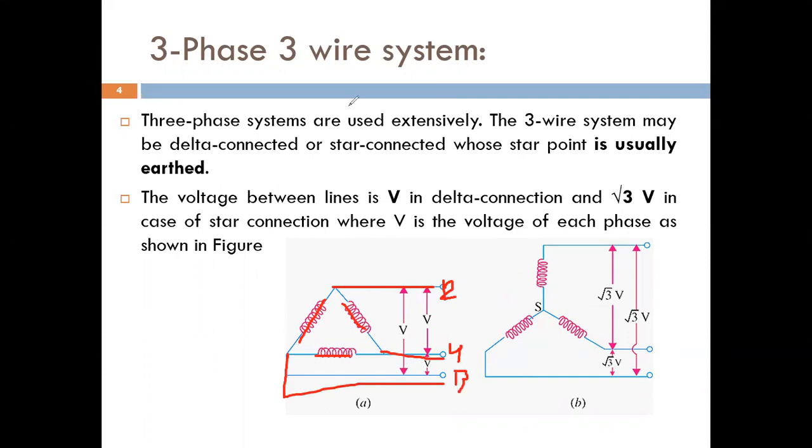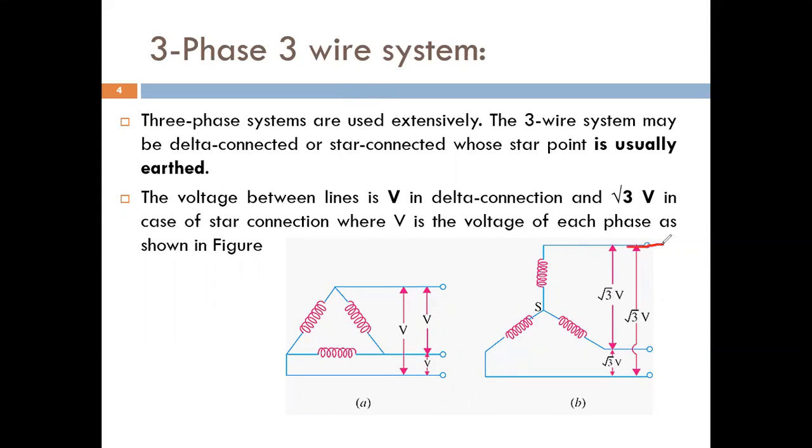All three are the lines, and between two lines, R and Y, the voltage is called the line voltage. Similarly, the phase winding is also connected between two lines, so the phase voltage is also called V. So in the delta connection, both the phase voltage and line voltage are the same, and in the star connection,